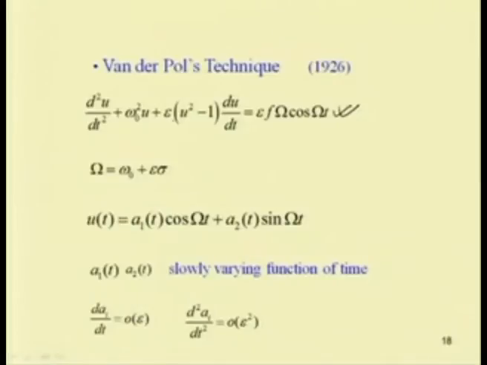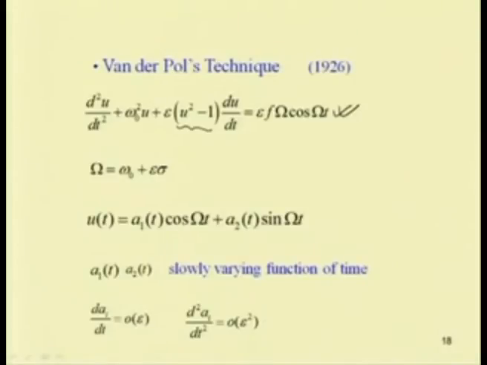So, depending on the value of this u, if u square is greater than 1, this term will be positive. But when u square is less than 1, this term may be negative. That means this bracketed term may be negative. So this equation is similar to an equation with negative damping, and if u square is greater than 1, then we have a simple equation similar to that of a single degree of freedom system, but one can also add nonlinear terms to this equation.